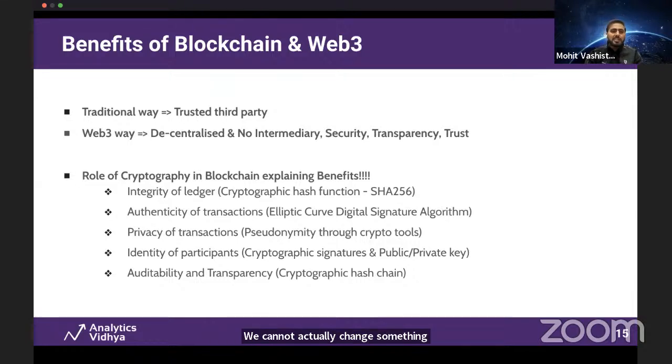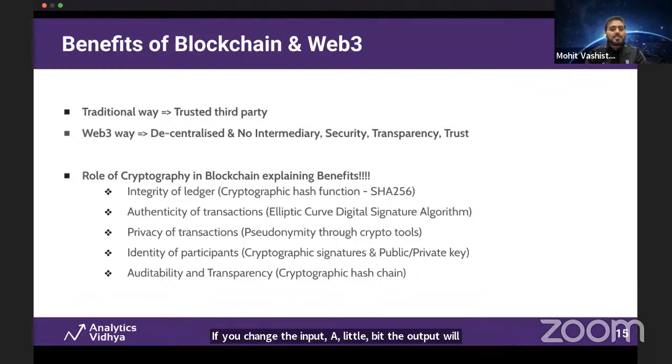Now, when I was giving a definition of blockchain, I was giving an example of a notebook, right? The pages are connected with that spiral or with some binding, in a diary or in a notebook. Similarly, in blockchain, every block is connected in such a way that if you change one block, every other block after that will also change drastically, because a cryptographic hash function is such that if you change the input a little bit, the output will change drastically.